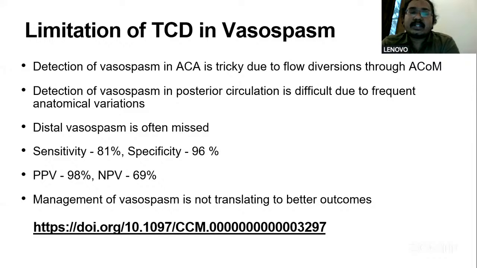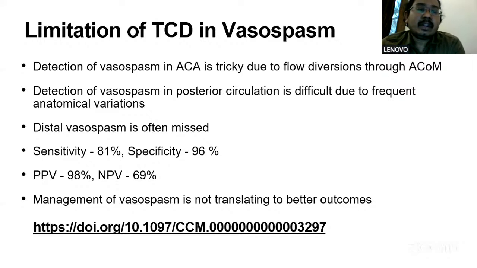Now, even in posterior circulation, there are a lot of anatomical variations. Those anatomical variations cannot be fully seen through a transcranial Doppler. So when there are variations, it will be difficult to pick up vasospasms. And whatever we have seen, most often we pick up proximal artery vasospasm. But as we go to distal arteries like M2, M3, M4, picking up vasospasm